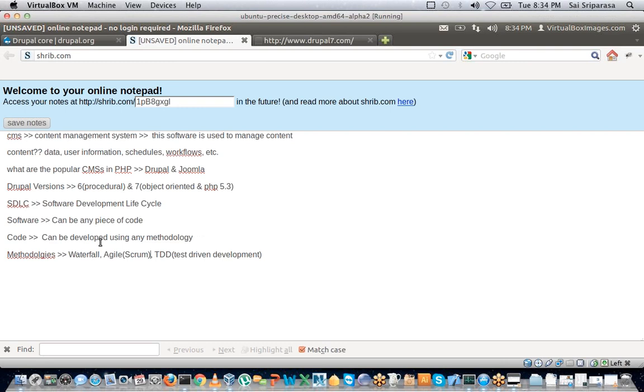These words might sound a little overboard or exaggerated, but trust me, unless you use these words, people will not give you the respect that a senior developer would deserve. So make sure that irrespective of how much knowledge you have, how much you show off gets you more respect. So these terms are very important: SDLC methodologies, waterfall, agile, scrum, TDD, and so on.